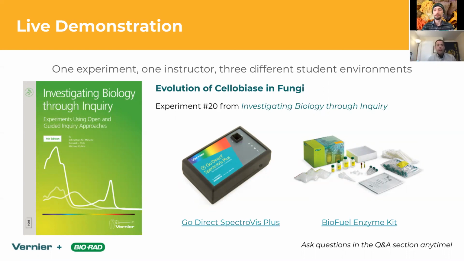The Investigating Biology Through Inquiry book that has this in it is designed for AP biology and college biology, but it's done in an inquiry style. It has a ton of sample data in it and a ton of experiments. In the folder that we've given you, luckily about 10 years ago, I saved all of that sample data. I have put all of that sample data from Logger Pro into that folder, and I've also converted it into Graphical Analysis so that you can take a look at it. But what I just wanted to show you next was how to collect data.